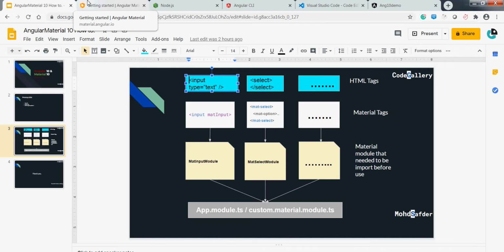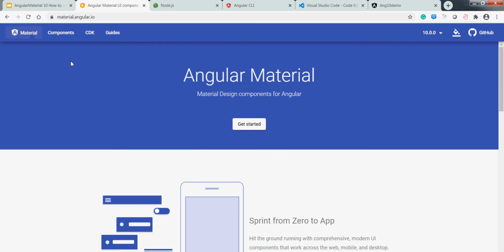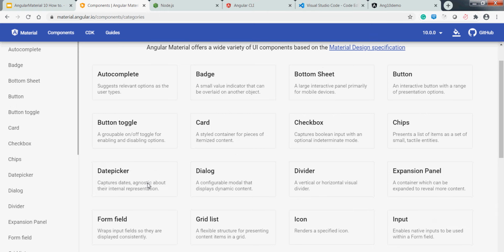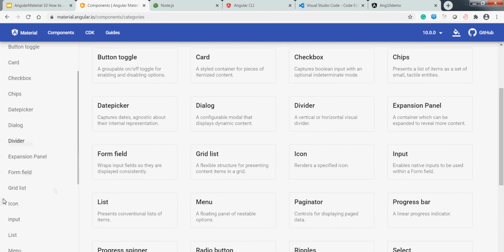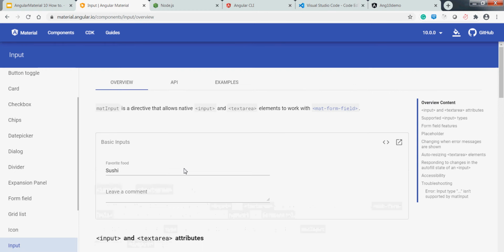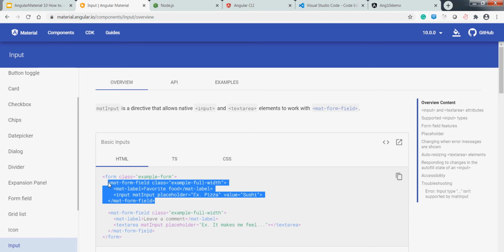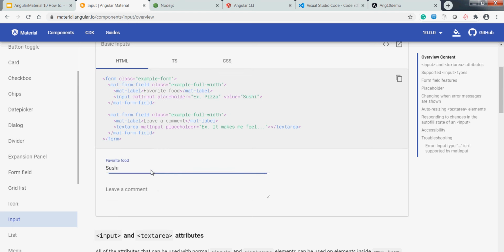If you go to the Angular Material site, so here is the Angular Material site, getting started. We have completed that getting started section. Now we are going to the component section. The alternative to the input type text would be the input element in Angular Material. So you just need to correlate these things. The HTML tag needs to be replaced by the Angular Material tag. So we are going to paste this tag into our browser. You can see the look and feel of this text box is totally different from the simple text box. So we are going to use this text box in our application.